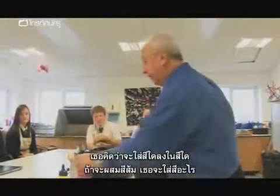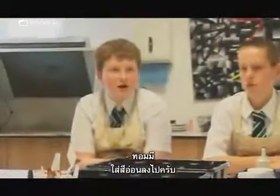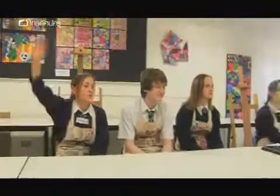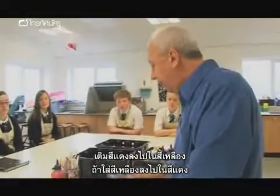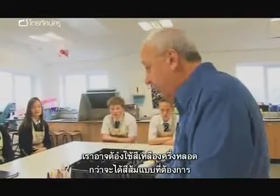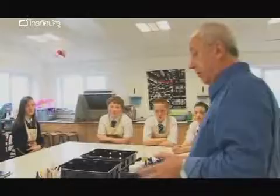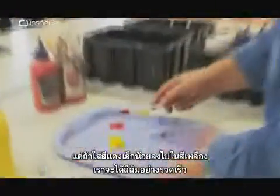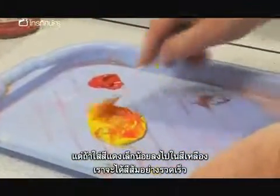Which colour, if you were mixing an orange, would you want to mix? Tom? Would you add the lighter colour? No. Would you add the red to the yellow? You add the red to the yellow, yeah. If you add the yellow to the red, you might find you're going to have to take half a pot of it in order to get the lightest sort of orange you want. Whereas if you take a small amount of the red and introduce it to the yellow, you'll find quickly that